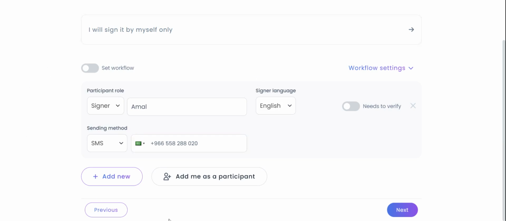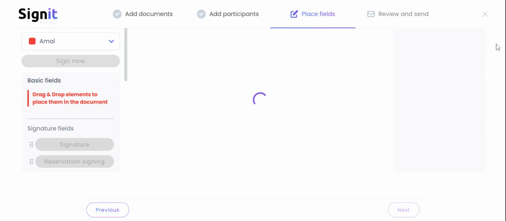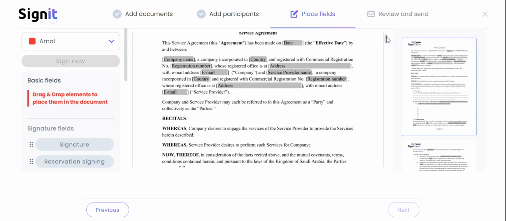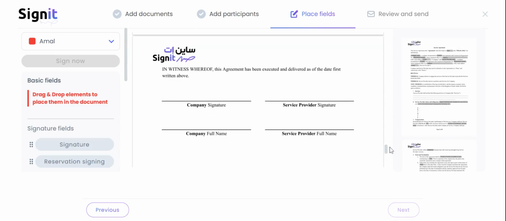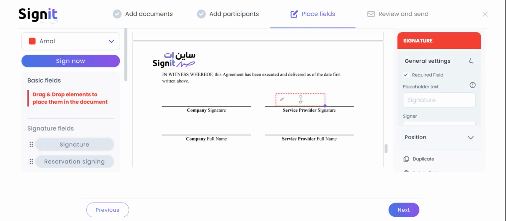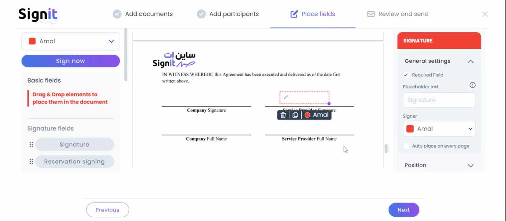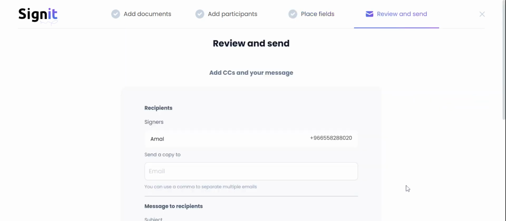Once you add all of your signer's information, click on Next to finish the rest of the steps of the agreement. So here in the step, adding the required fields for the signer, say for example the signature, and reviewing and sending the document, making sure that the name and the phone number of the signer are correct,